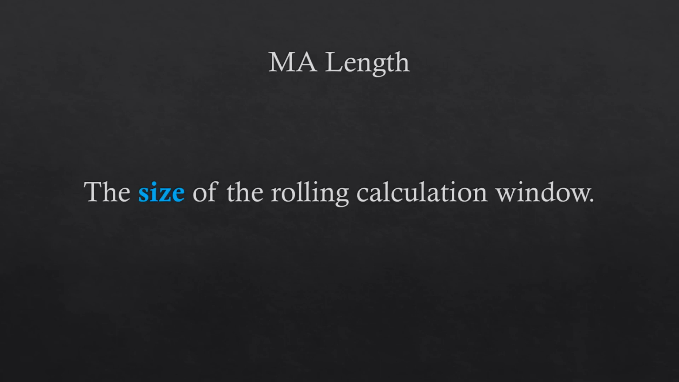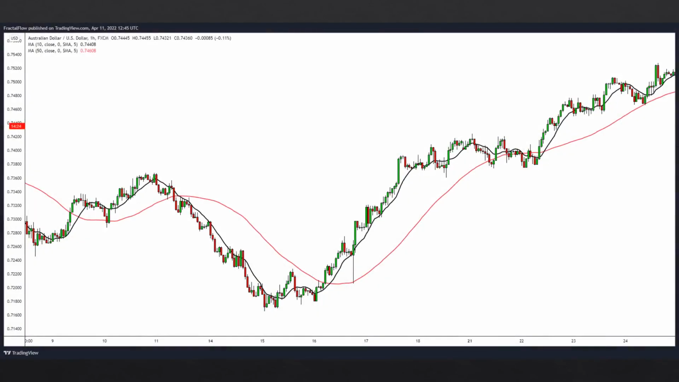MAs with short lengths react quicker because they have a lower number of values being averaged. For example, in this chart, the black MA has a period of 10 and the red MA has a period of 50. Notice how the fast black MA follows price more closely, while the slow red MA is less sensitive to price movements. Given that situation, it might seem obvious to choose an MA with a short length, but there